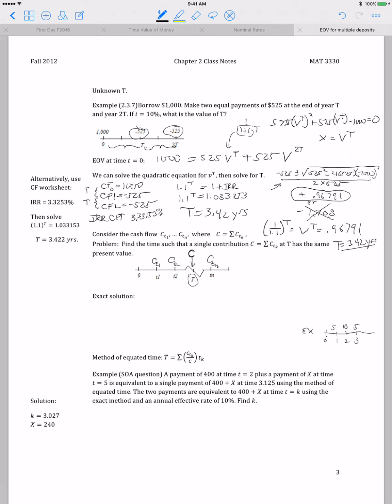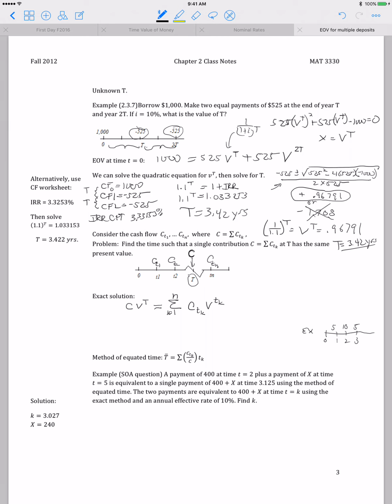So we just set up an equation of value. We take the present value of this single contribution, capital C at time T, that's one side of our equation of value, and the other side is just the net present value of all the individual cash flows. So I'll write that net present value in summation notation. So we can solve this exactly. It's just an